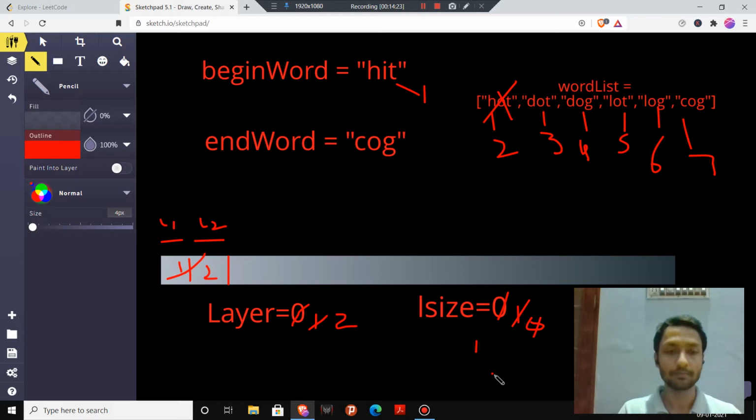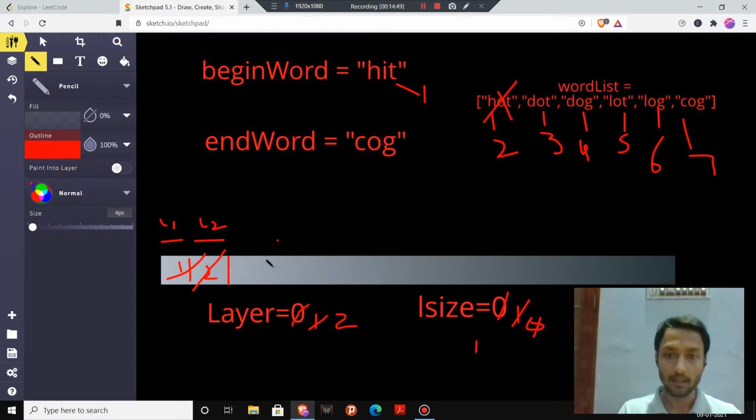So now we will remove 2, and we will push into the queue all the words that we can make from the word hot. Now we can make word number 3, that is dot, and word number 5, that is lot.